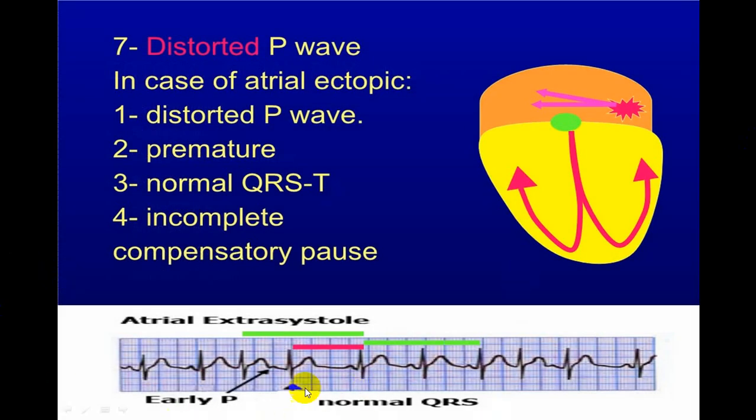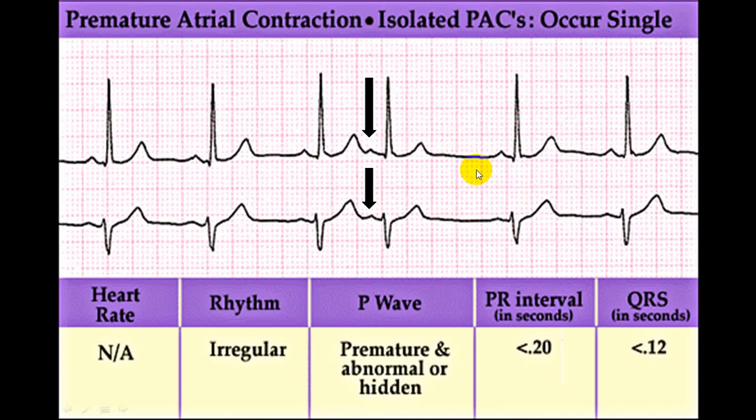Now if you see here, this P wave is followed by a QRS complex, P wave followed by a QRS complex. There is a P wave followed by a QRS complex, but this P wave and this P wave configuration is different. This is atrial extrasystole followed by a pause. So this is atrial extrasystole. You can see the same thing, atrial extrasystole, premature atrial contraction. This has come early, followed by a pause.